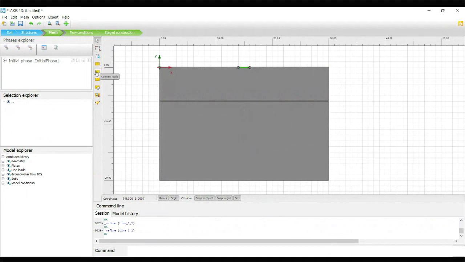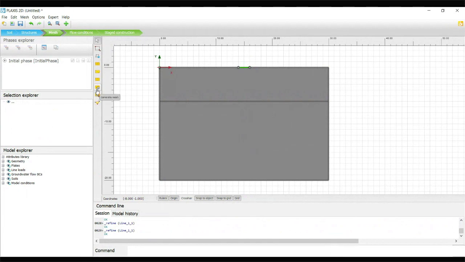Similarly, you can coarsen a particular area by using this coarsen the mesh tool, and then you can go for reset local coarseness. That will get back the original value by using this reset global coarseness, and then generate the mesh. Use this option to generate the mesh, and after the mesh you can view the mesh by using this view toolbar. Before going for calculation, you can choose any particular point to plot the curve. You can choose this command.